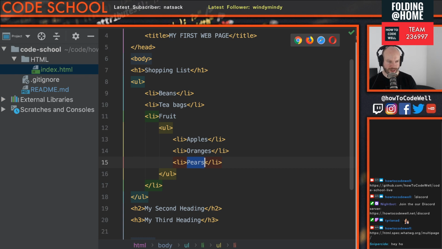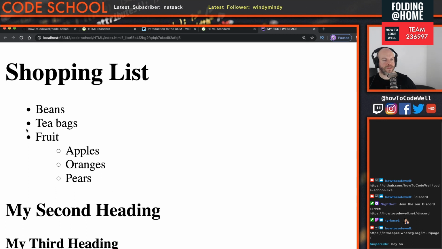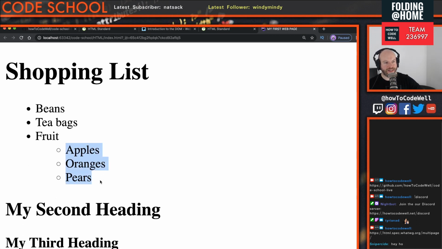So if I was to save this now and go into the browser, here we go, you can see that it knows that this list is within this list item. So this list item contains an unordered list, such as this. And you can nest quite far out. And this is actually how a lot of navigation, drop-down navigation works, where you're defining the top tree of the navigation, and then these would be sub-menu items. Okay,